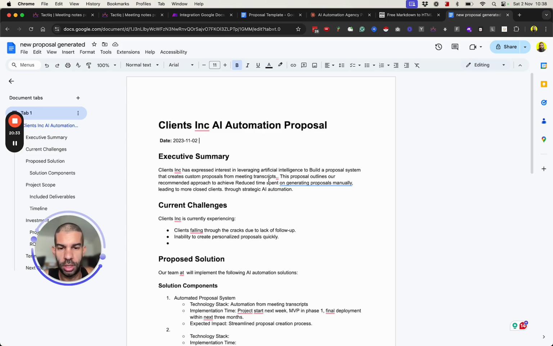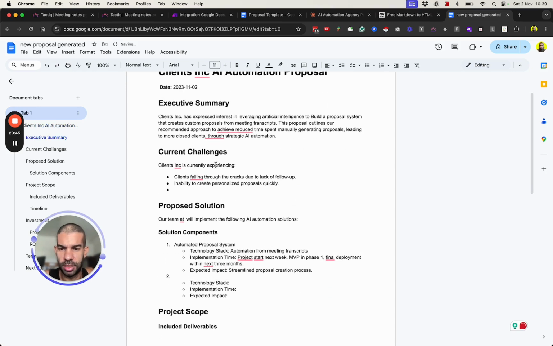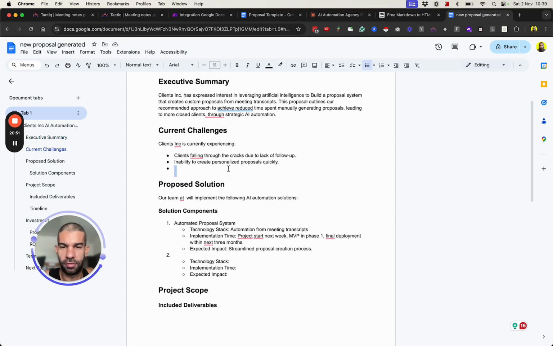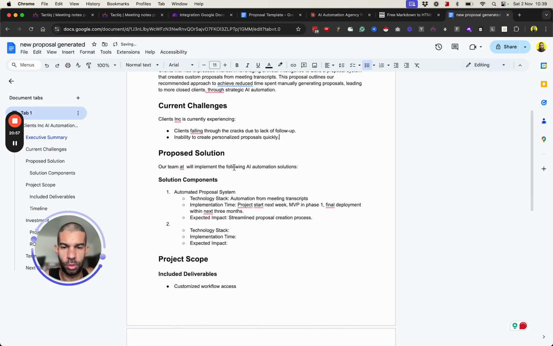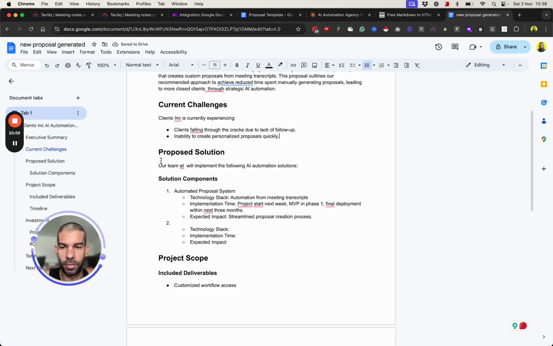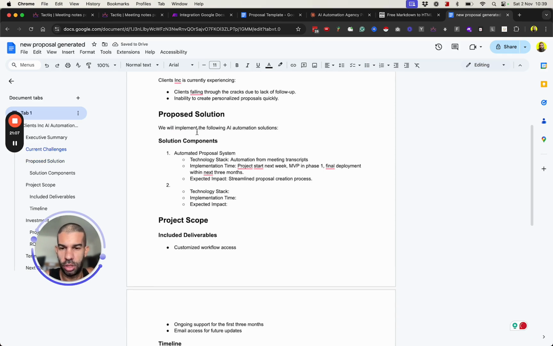Good. What I would do is give it examples of what types of summaries I'm looking for. I would also have a look at that, because I see some spelling mistakes and grammatical errors, so we'll have a look at improving that. Current challenges: they have clients falling through the cracks due to lack of follow-up, and inability to create proposals that are personalized quickly. Proposed solution: our team is empty, so it's going to be 'we will implement the following AI automation solutions: automated proposal system,' and the second one is empty. So for the first one,